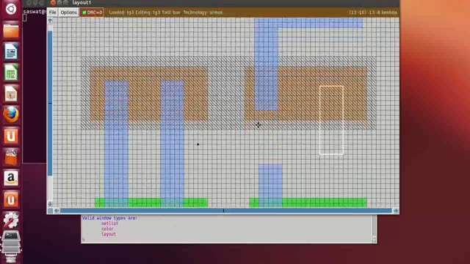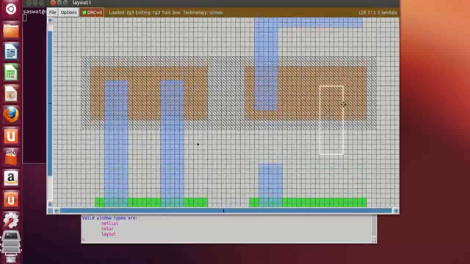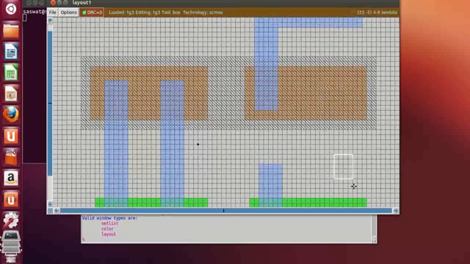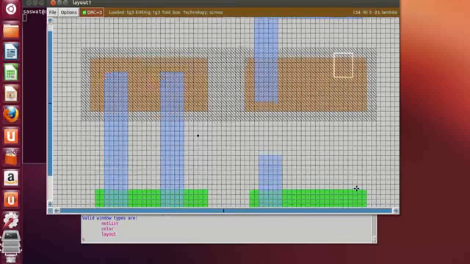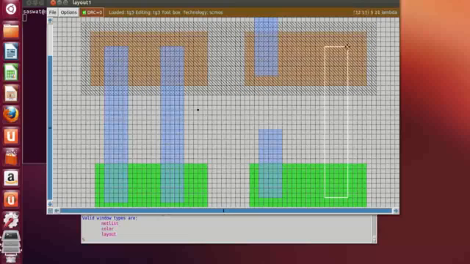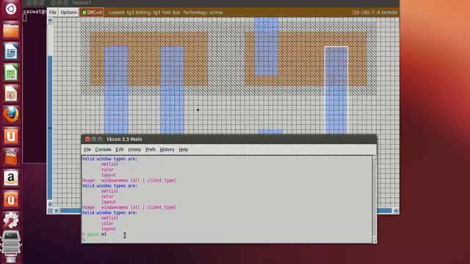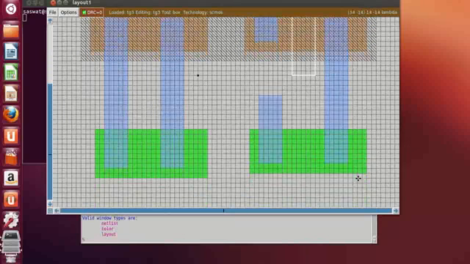At last I'll place all my contacts. So initially I'll finish this. After that I'll short this part. Paint M1. Okay,